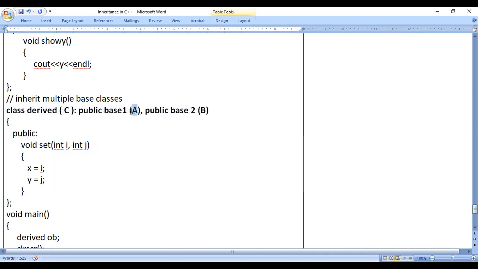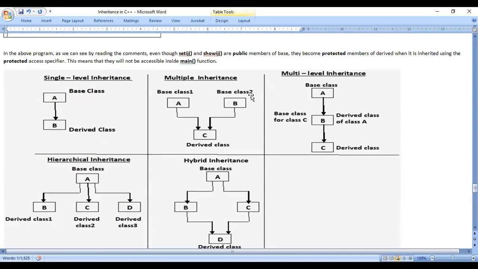From A the inheritance mode is public, from B the inheritance mode is public, that is both inheritance modes are public. If you consider the arrow marks in case of multiple inheritance, A to C arrow mark is there, B to C arrow mark is there. From A to C you can consider public inheritance, from B to C also public inheritance.